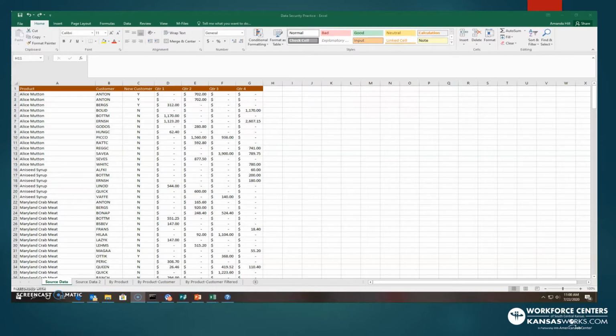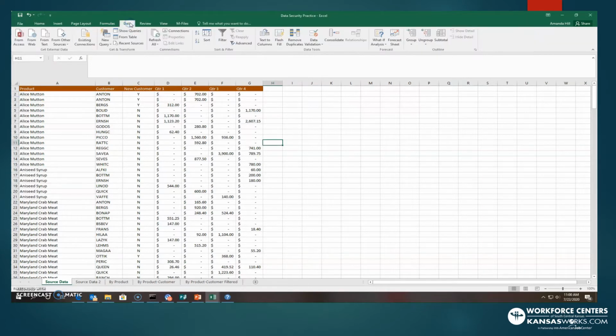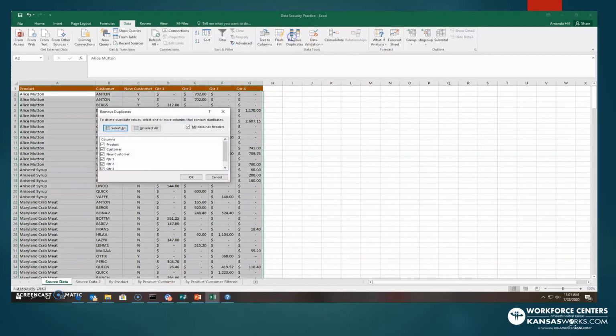So if we wanted to remove duplicates from this particular worksheet, you would click on the Data tab. And then what you will do is you'll go to the Data Tools section, and then there's a spot that says Remove Duplicates. So if I click Remove Duplicates,